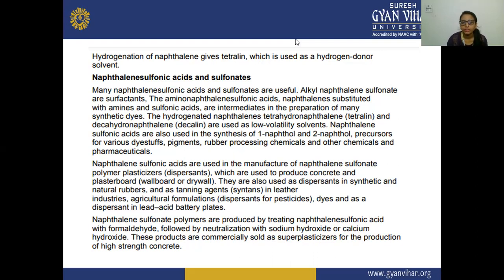These are used in the synthesis of 1-naphthol as well as 2-naphthol, and these are acting as a precursor, means a starting material, for the production of various dyestuffs, various pigments, and